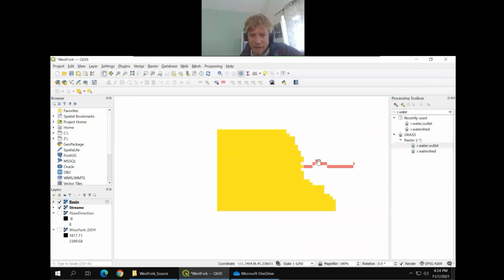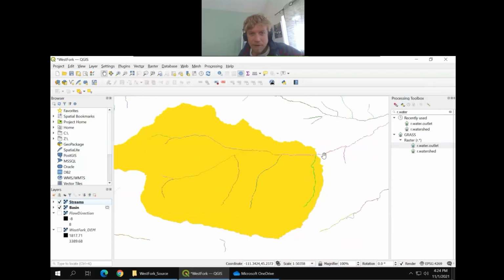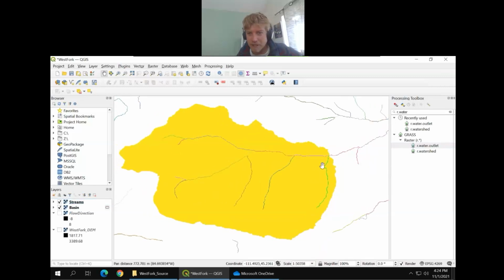Okay. If I change the order so the streams are on top, there we go. It looks like it worked. If this yellow blob is the watershed basin associated with that one point, well, it looks pretty